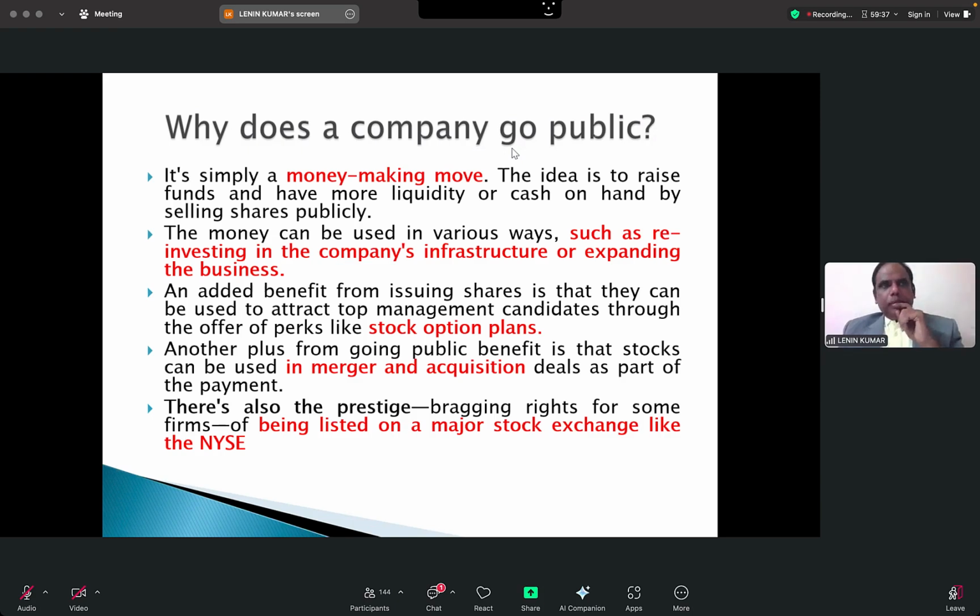Okay, right. Coming back to our explanation, why companies go for IPO. That means why does a company go public? First, just go through the highlighted point in red color. That is more than enough for you to understand. The first one is a money making move, as I told you. Every organization, if they are in need of money, whatever the reason, will go for an IPO. Their idea is to raise funds. That's it. This is the first point you want to make very clear: companies go for an IPO because they are in need of funds.